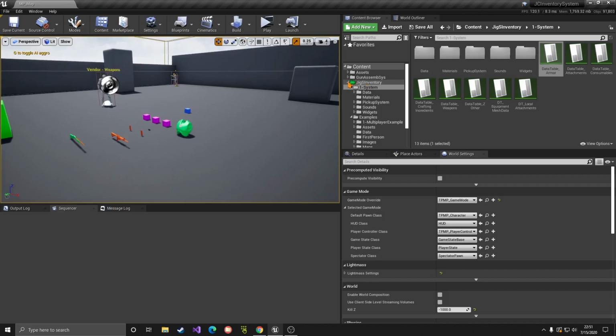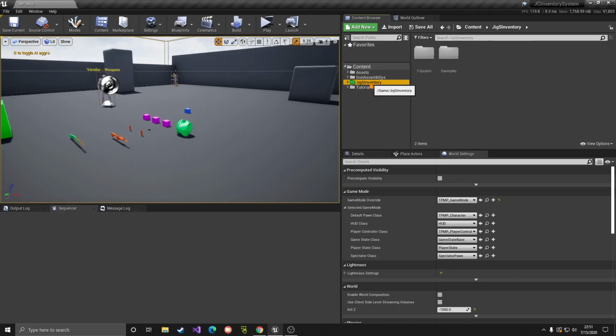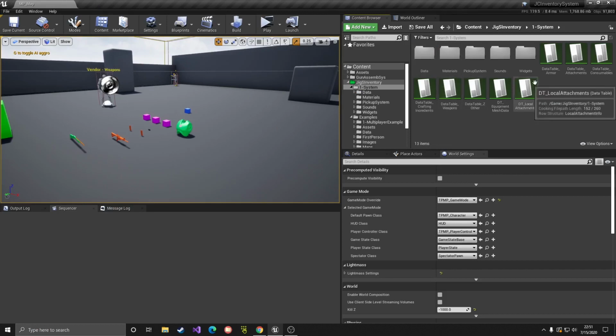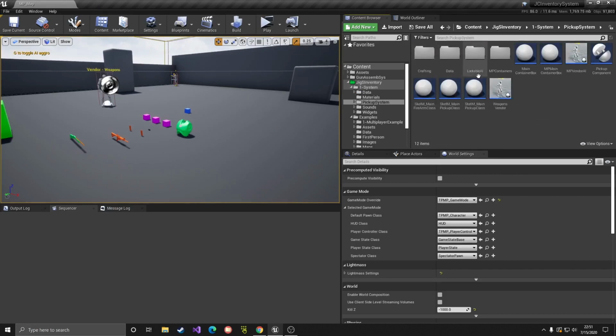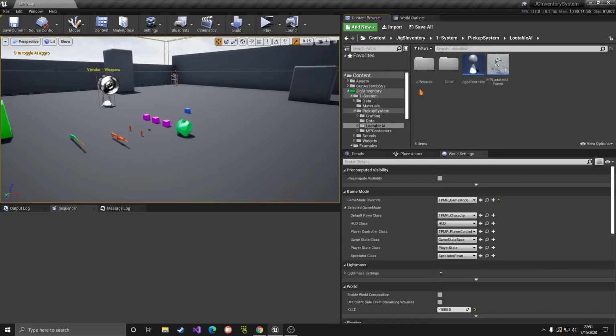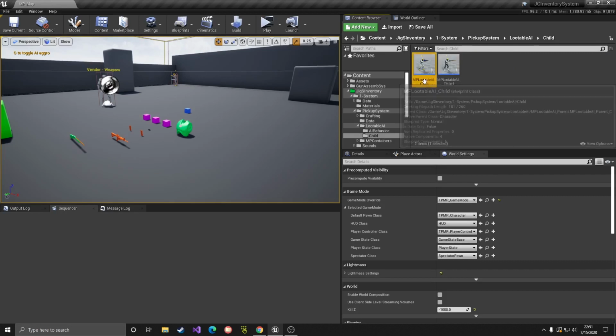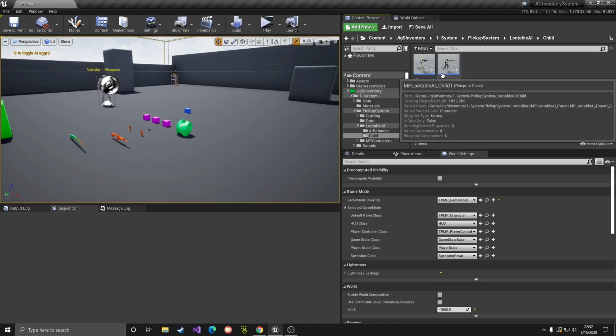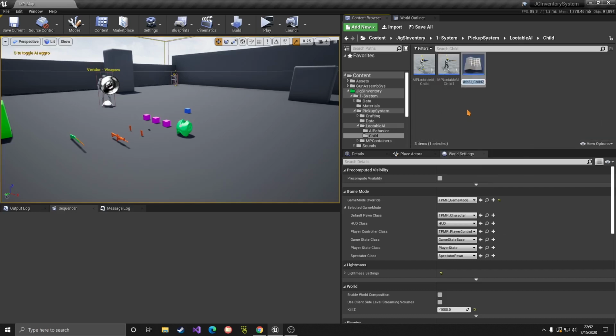So if you go to the system here, and then pick up system, and then lootable AI, and then we have this lootable AI parent. Let's go ahead and open the child. So we have these 2 already set up. So we're going to make an AI that has an M4 and a tactical rig with some ammo in it. So I'm going to right click here and do duplicate, and I'm going to call it M4 AI,